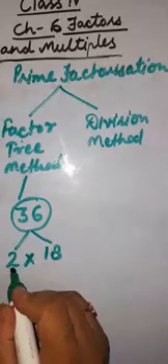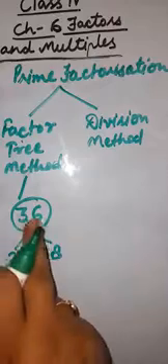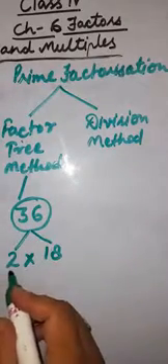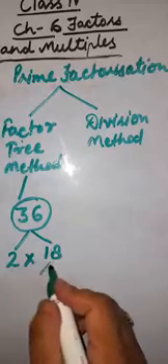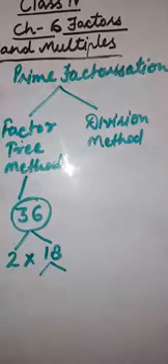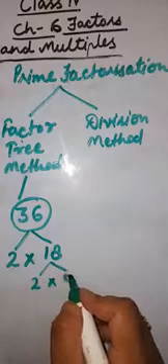Now here we have a prime number. 2 has become our prime number. Now we have got a prime factor of 36. We cannot break it because it has only 2 factors. So we will break down 18, right? Because we will get more factors of 18. 18 comes in the table of which other number? 2. And another one is 9.